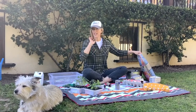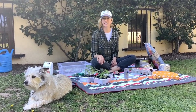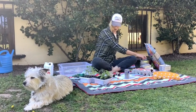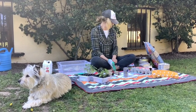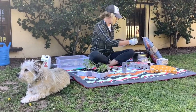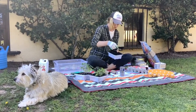One thing though, if you don't have seed starter soil, it's not a big deal. Don't let that stop you. You can just get other soil from a garden bed or around some vegetation around your house or in your neighborhood. Once you have your soil, you want to make sure that the soil is pretty moist, not super wet, but that you can squeeze it and it sticks together. I usually use a spoon and scoop it in. You put in your soil,